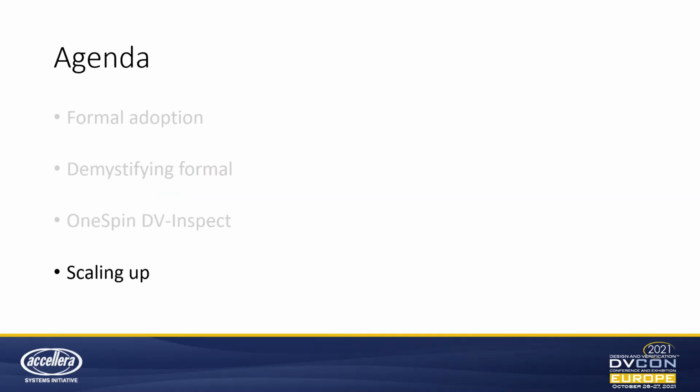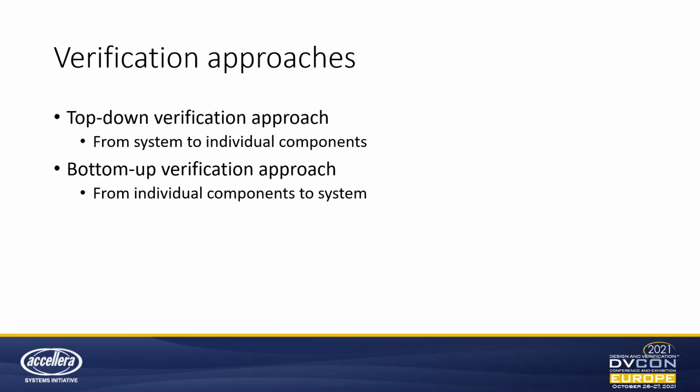All right, now that we know the capabilities of OneSpin DV inspect, what type of checks we have, and what each check is covering, let's talk about how we address this for top-level designs. There are different verification approaches, and the most common are the top-down verification approach, specification-driven, from system to individual components, and then the opposite one, the bottom-up verification approach, from individual components to the system. When it comes to automated checks, I would say that the top-down verification approach is not recommended, and I will